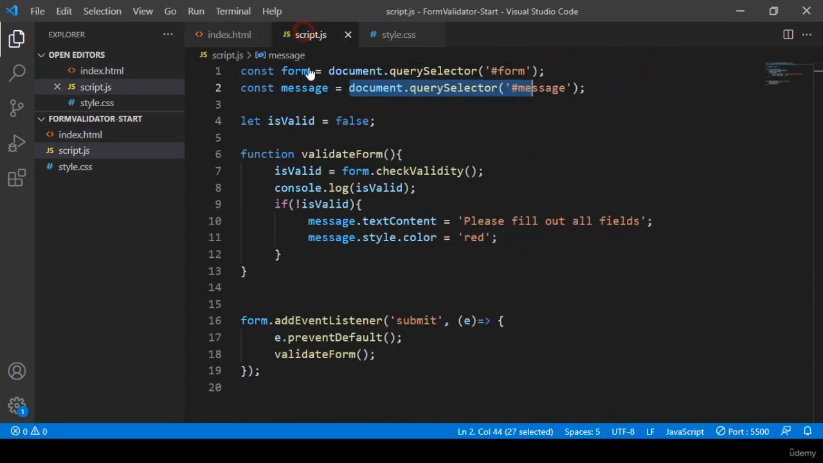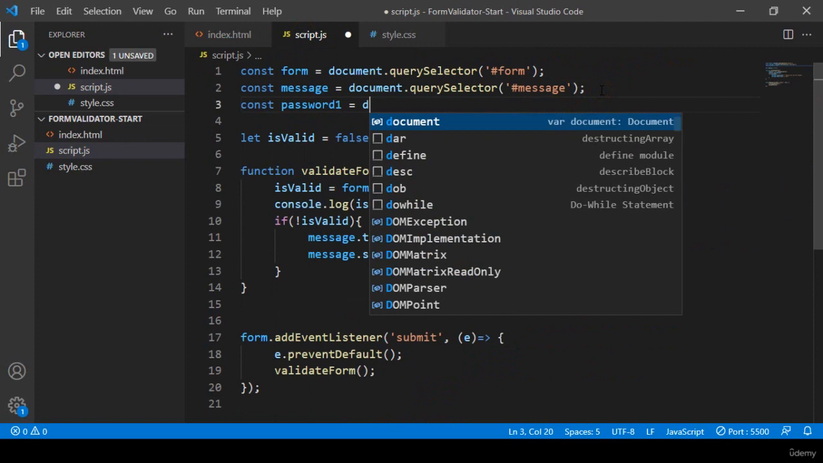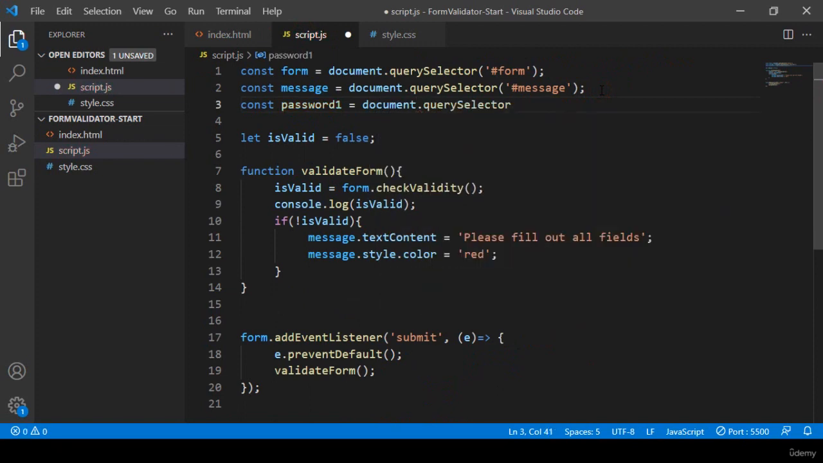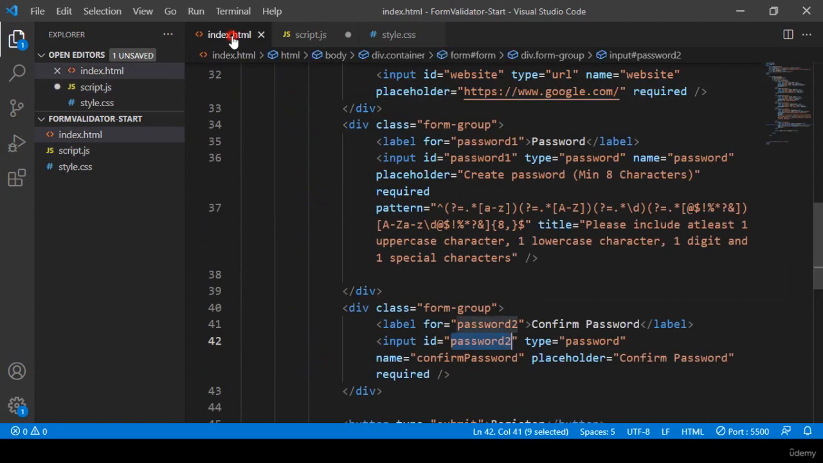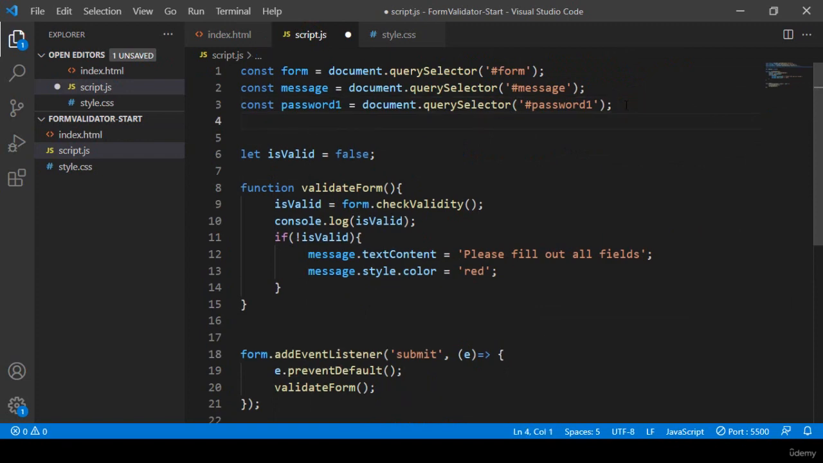If you want to get it, then our process will be the same. I want to take another variable with const. I make it password1, and then I want to use the query selector, document.querySelector, and with this query selector I want to add our ID, right? That is our hash, and I name it password1, and then that will be password2. So I simply take that as password1,